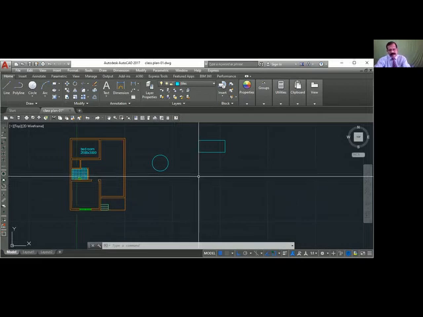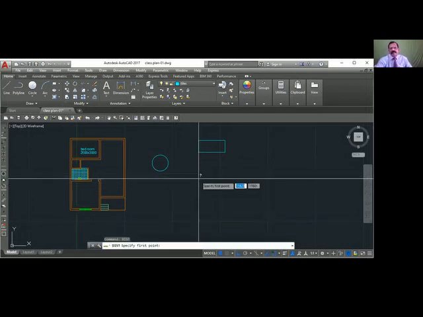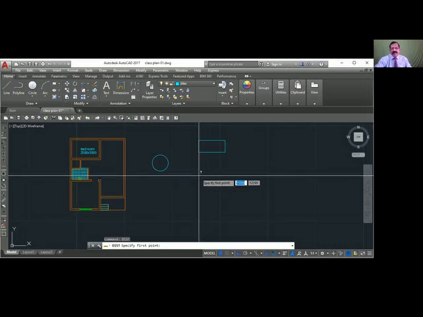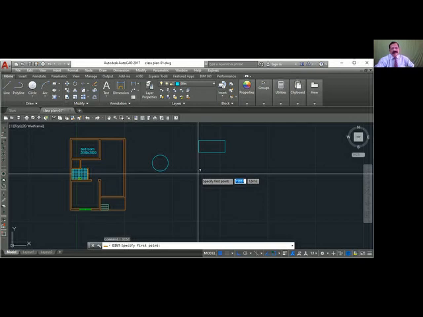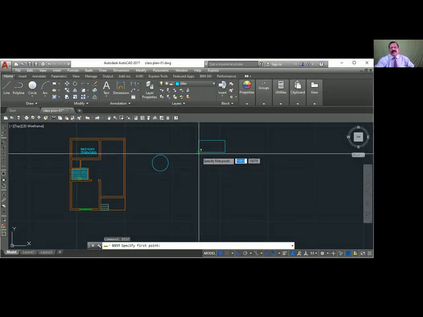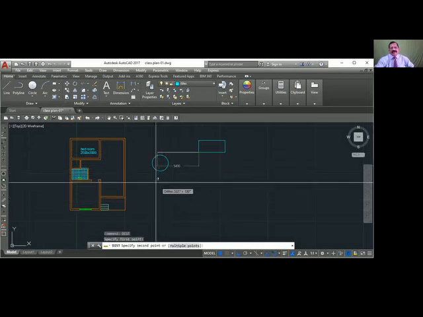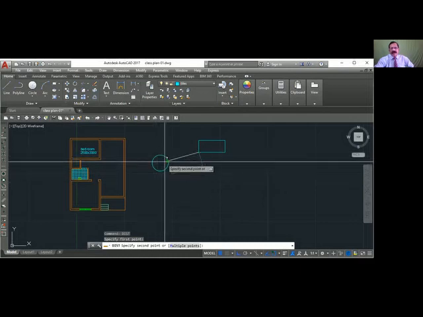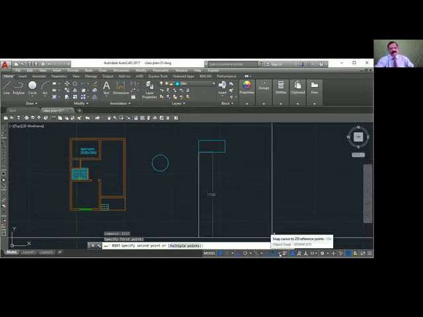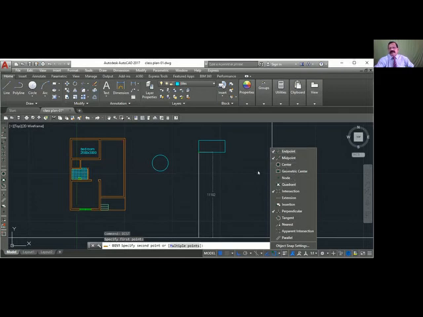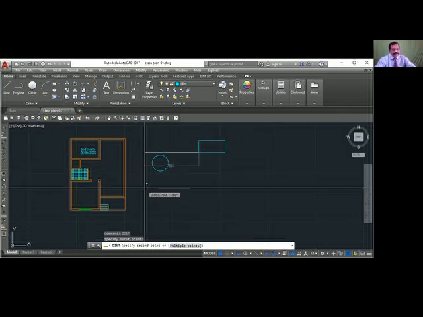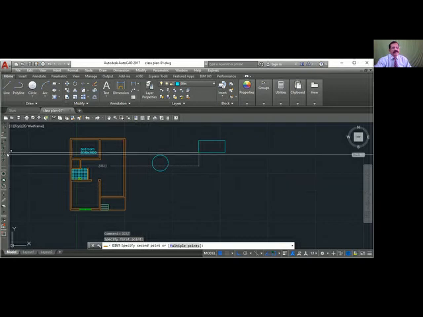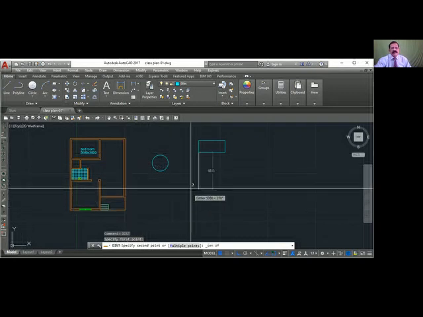Distance command, D-I-S-T. We have learned this command, right? Write down, to find distance between 2 points, D-I-S-T, distance command. When you type D-I-S-T, it asks for the first point. So I will say this corner as the first point. Second point, you want to show the center of the circle. The center of the circle is not snapped here, so I will use the center from this toolbar and go here.